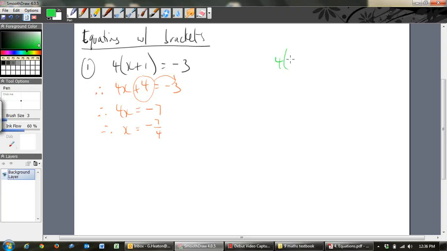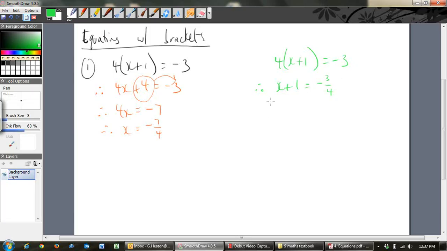There's one way to do it, and in green I'll do it over here, so 4 bracket x plus 1 equals -3. Let's do it this way. Now the other way to do it is, you've got this 4 already sitting out the front, you could divide both sides by 4 straight away, and then that saves you doing a step. So if you divide both sides by 4, that 4 disappears, because remember this means 4 times bracket x plus 1. So let's divide both sides by 4, and you get x plus 1 equals